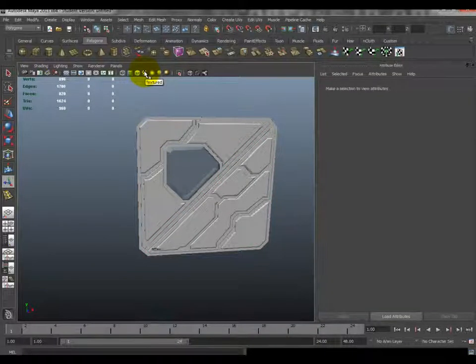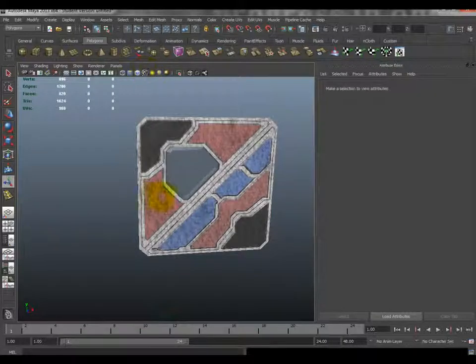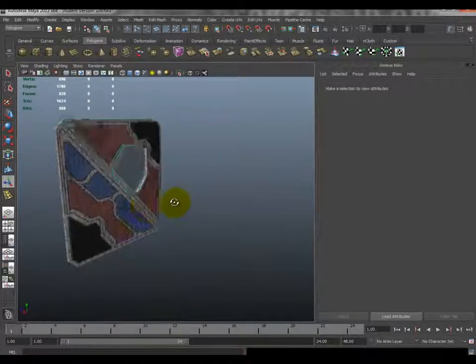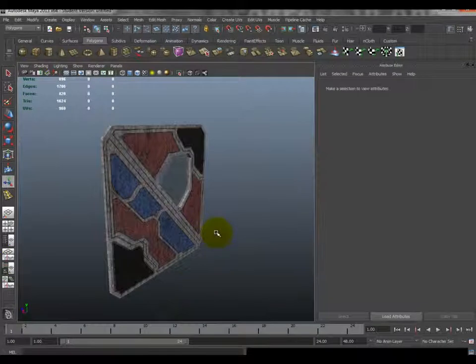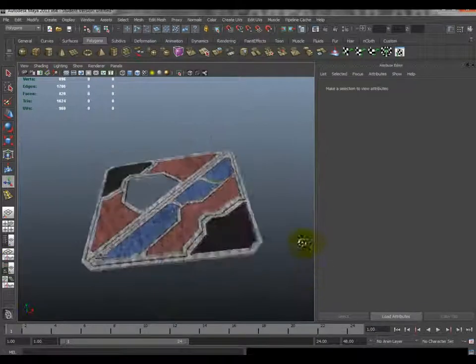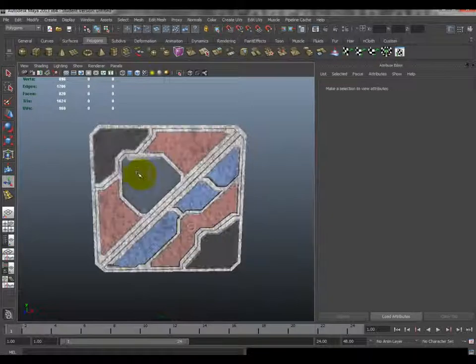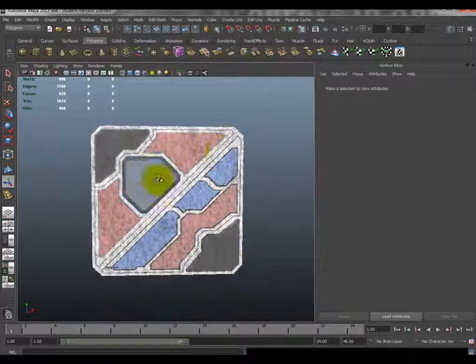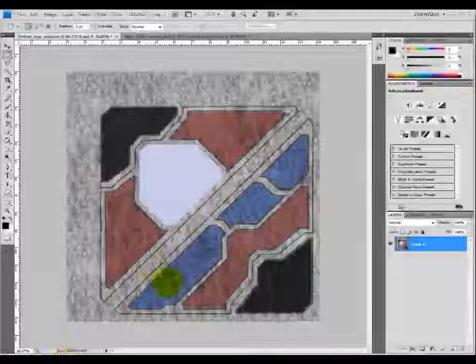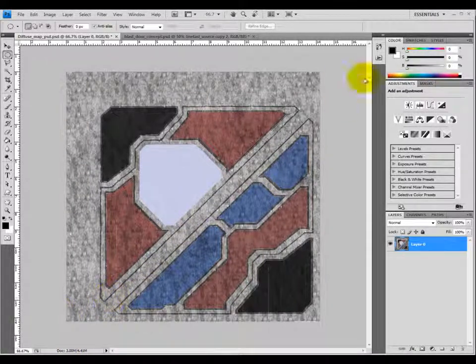I just have to click in the shaded view, textured view, and now you see my door has this type of texture on it. So you see we got this kind of metal material going. We got this glass material. He's starting to look like the door that was in my concept artwork. So you see that